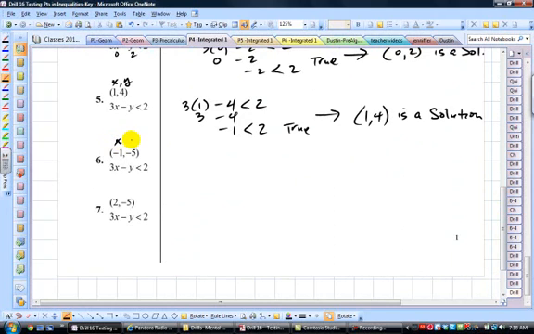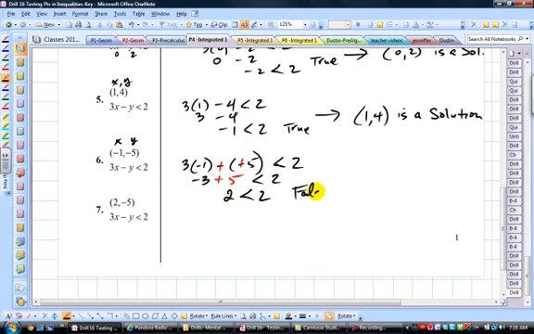All right, here x is negative 1, y is negative 5. Let's see what happens here. So 3 times negative 1 minus a negative 5, is that less than 2? I don't know. So 3 times negative 1 is negative 3, and minus a negative 5 is the opposite, plus 5. Is that less than 2? Well, I've got 2 here. 2 is not less than 2. 2 is equal to 2, obviously,